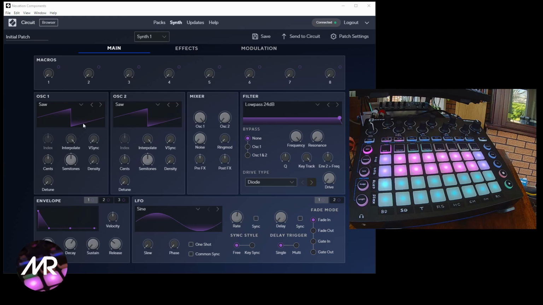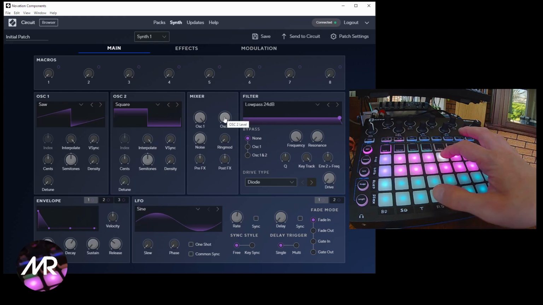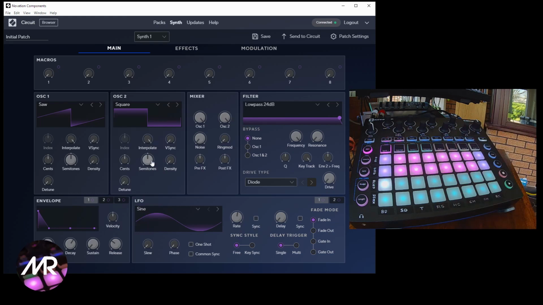Now obviously Circuit has two oscillators per synth. I'm on synth 1 here. Oscillator 1 is at full volume, so you can hear this sawtooth wave. I'll change this other one to be a square wave and make the volume of that back on full, so the two are playing simultaneously. I'll change the pitch of this one up by, let's say, a fifth, so you've got a little chord playing